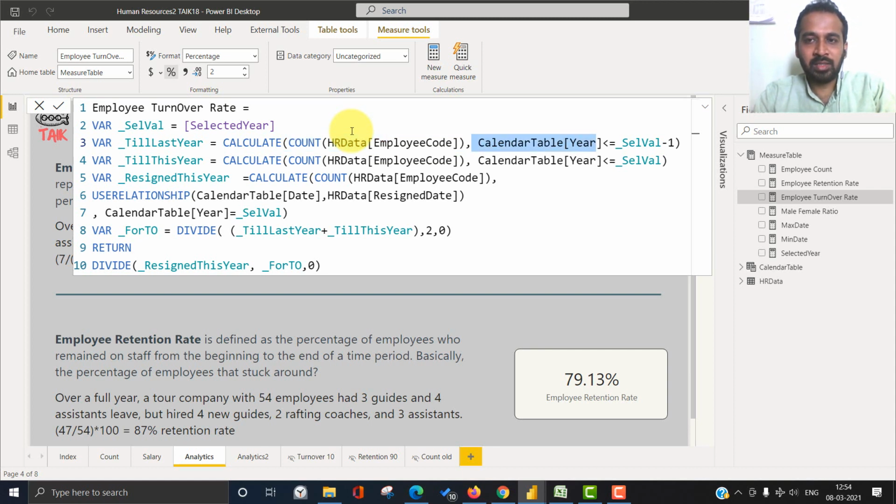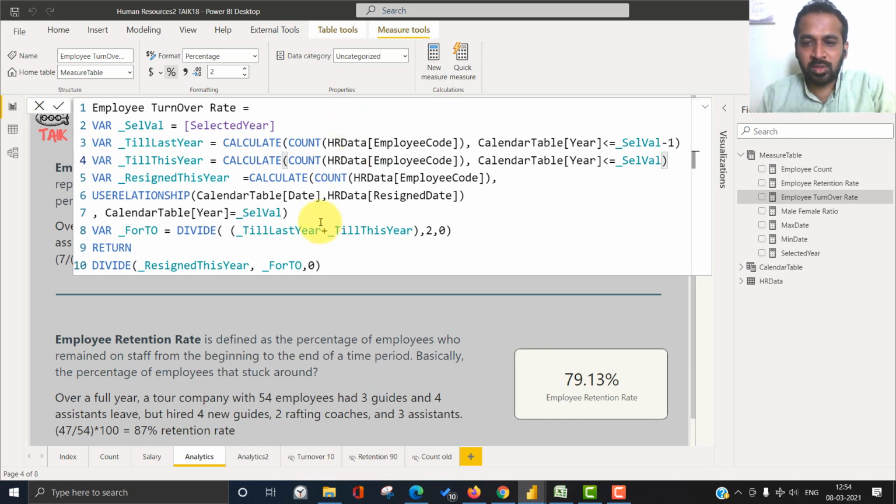Here the calendar year is less than or equal to the selected year minus 1. For example, if I selected 2020, it has to be less than that minus 1. So that counts till last year, and count this year is calculate the count of HR employee count, comma, calendar year is less than or equal to this year.